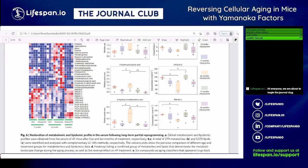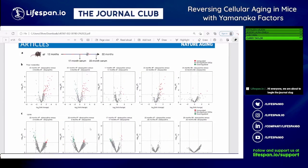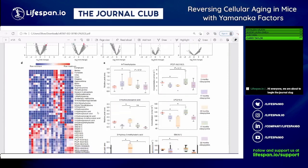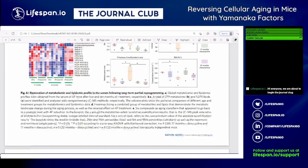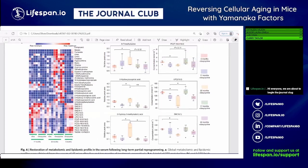and no doxycycline. So this would be like your positive control. And then we have your plus dox and minus dox, plus dox, minus dox, 17-month-old and 22-month-old mice. So what is this? 22-month is 7-month duration. So how long do they dose this? Okay, so yeah, 5 months versus 7 months. So they have 2 different durations here,